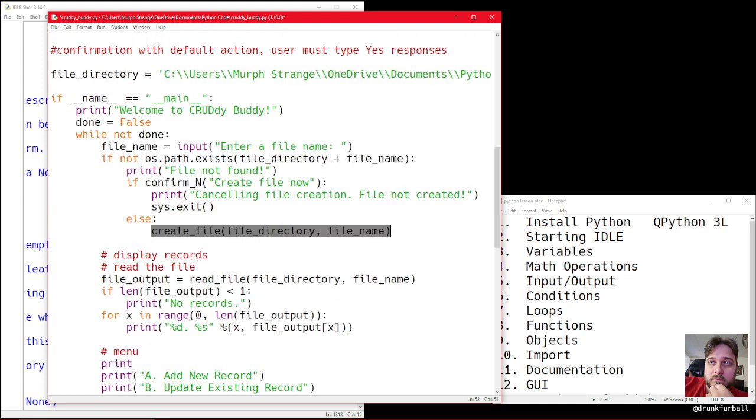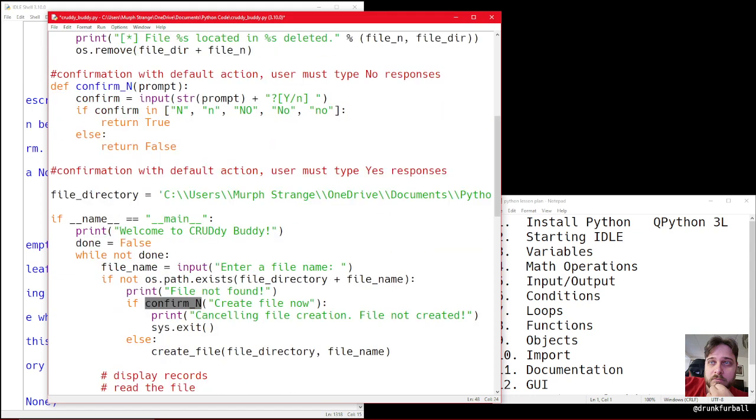But this is not returning true or false in the response of true is yes, false is no. This is a true or false as in, are they overriding the default action? And in this case, the default action is yes, so they have to override it with one of the options we gave them here. And like I said,